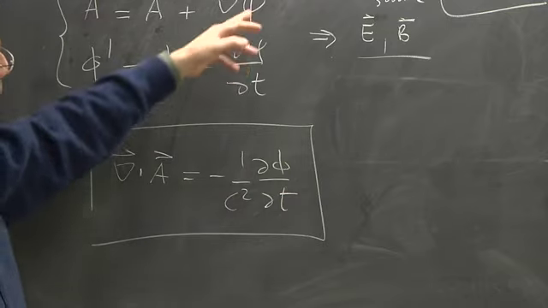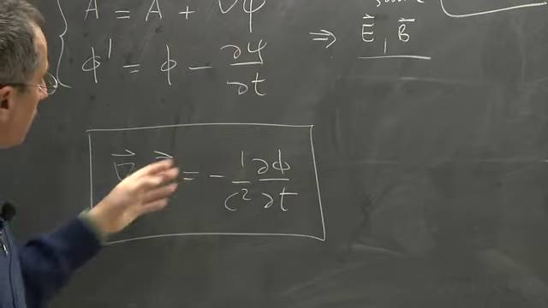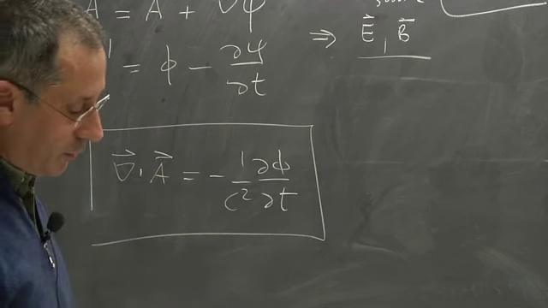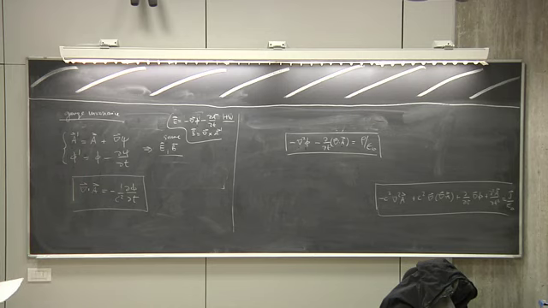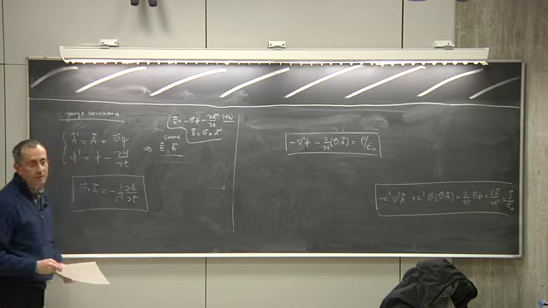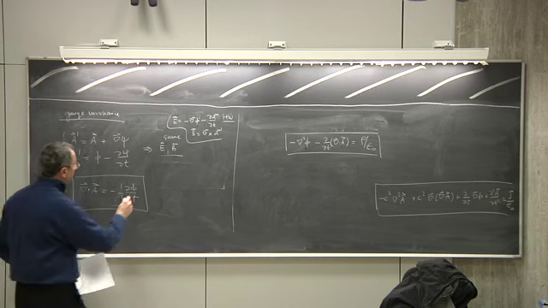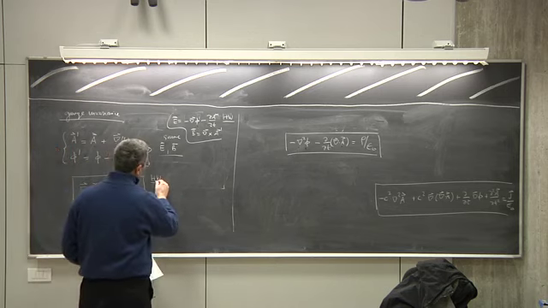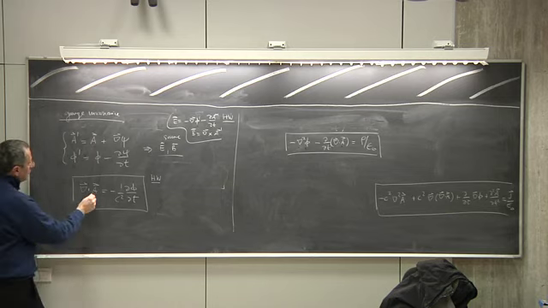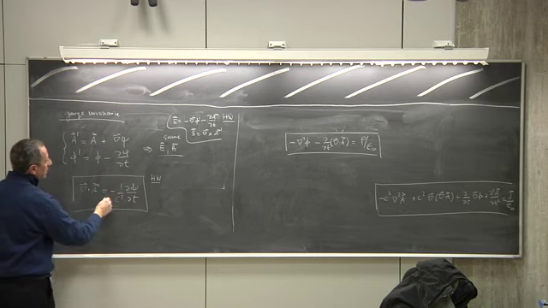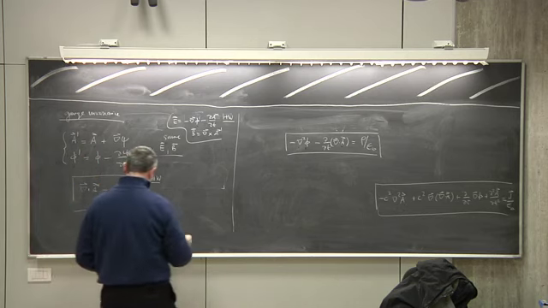You can shift by introducing this scalar function in such a way that, at the end of the day, this equation is indeed satisfied. Do you see that? It's just a matter of picking the correct psi. So this is another homework. I mean, there are micro homeworks. It's not that you have to spend the weekend. It's like 5 minutes. So again, you plug in the shifted potentials, and you will see that if psi